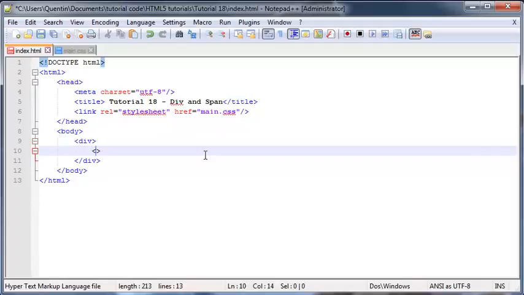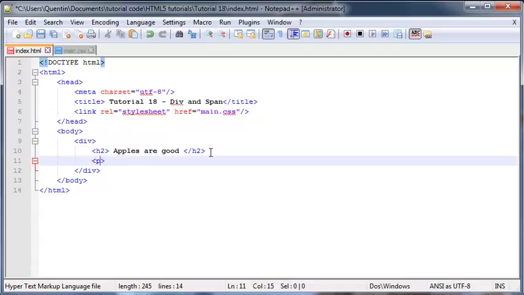Okay, so let's go ahead and just put in heading 2 and ending heading 2, and in the heading we can go ahead and say apples are good, and then I'll go to the new line and make a paragraph, and in this paragraph we'll just say an apple a day keeps the doctor away. And if you didn't see that coming, then wow, okay,